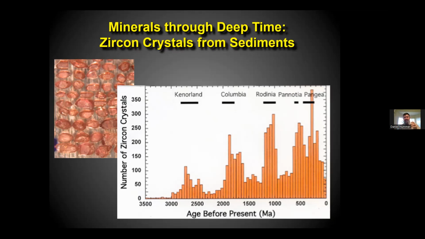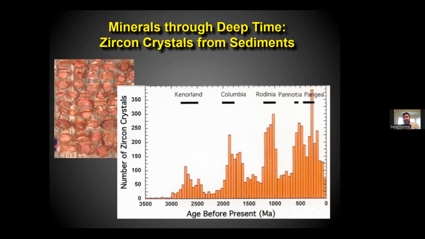So on your screen there is a histogram distribution of the ages of zircons. And of course, people who work in geochronology have been using zircons for a long time to date some of the oldest materials that we find on Earth. And it turns out if you plot up a histogram of all of these ages of all of these different zircon grains, you get this very nice multimodal distribution where there are peaks in the production of zircons at particular periods of geologic time. And those peaks in zircon production correspond very, very nicely with the appearance of supercontinents.